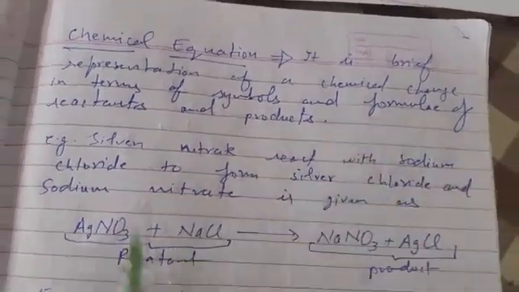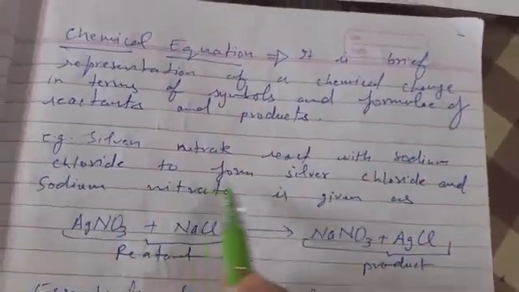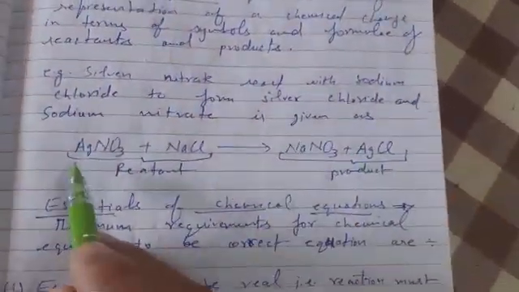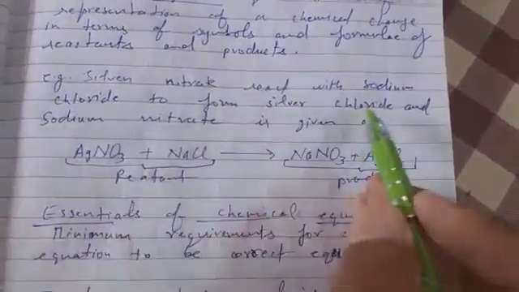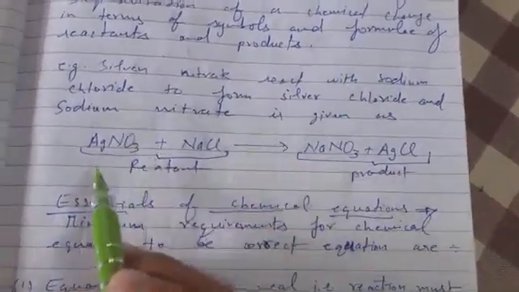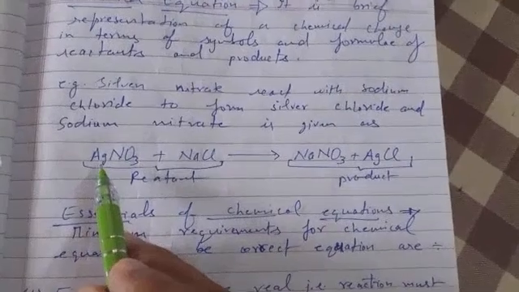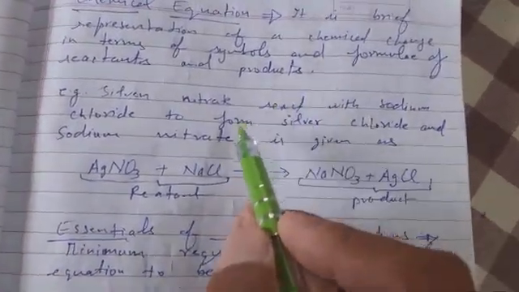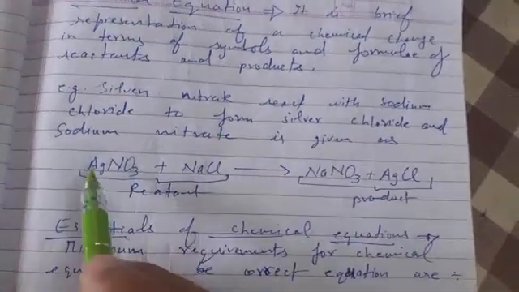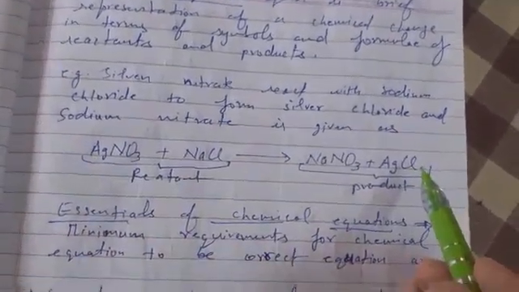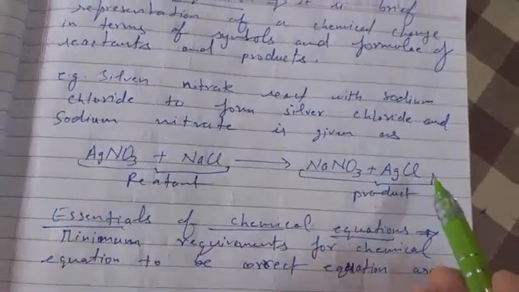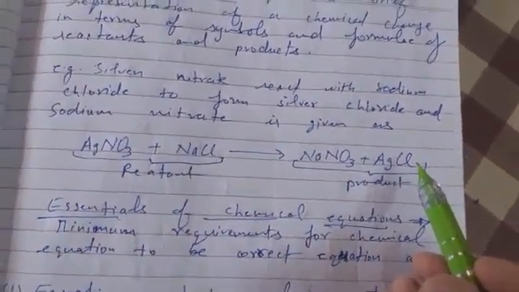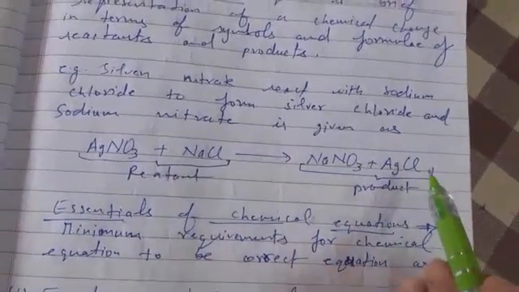Means to write a chemical equation in a small form using symbols and formulae of reactants and products. For example, silver nitrate reacts with sodium chloride to form silver chloride and sodium nitrate. This is the equation. If we write it in lines, we have to write in 3-4 lines. But if we write it in the form of an equation, we simply write it in a single line, and it is much clearer than the written form. Equation form is much clearer. We can easily identify it and easily learn it. So therefore, an equation is the simplest and briefest representation of a chemical reaction.